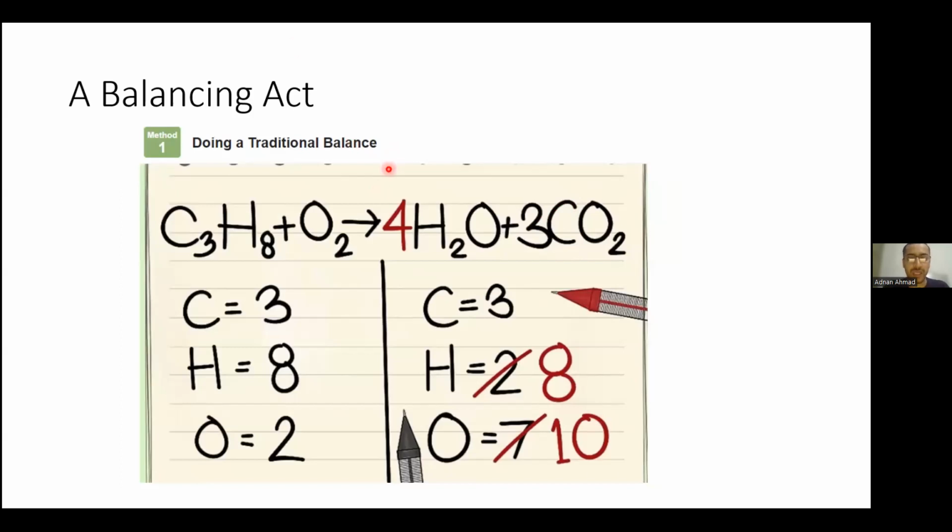Okay, now here you can see that if we put 4 here, the number of hydrogens will change from 2 to